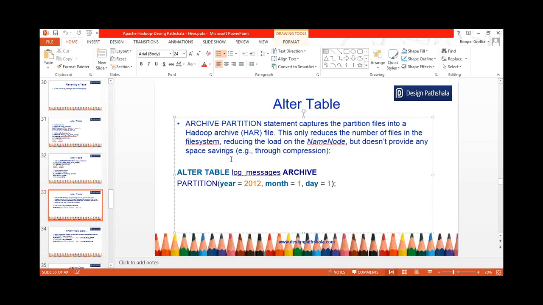Okay, so here we have some commands for alter table. HAR files are not much used in the ecosystem, but this is a concept which is available for you. So HAR is basically